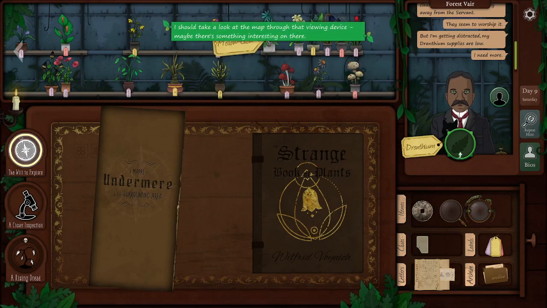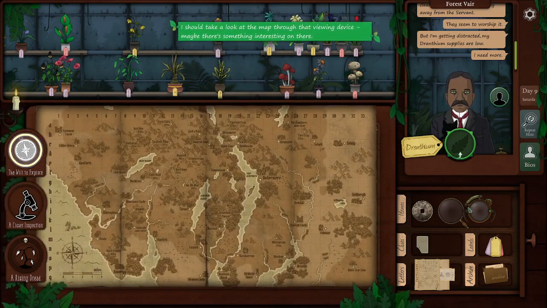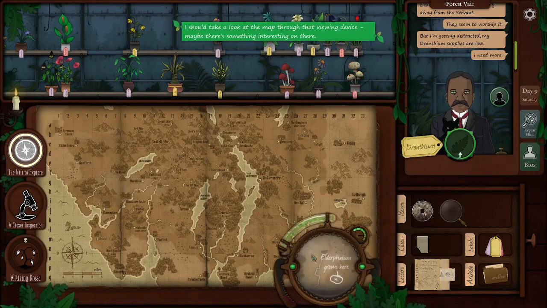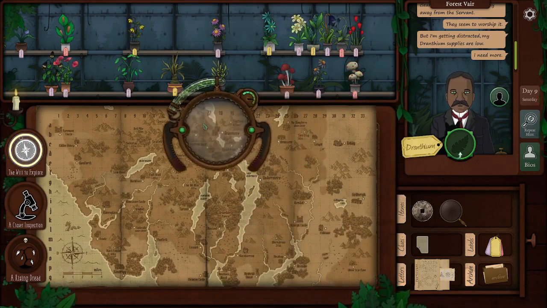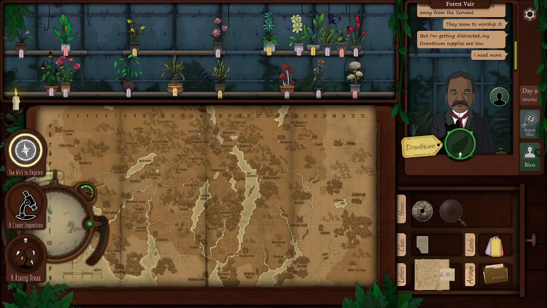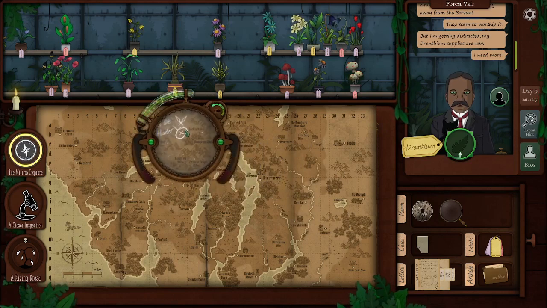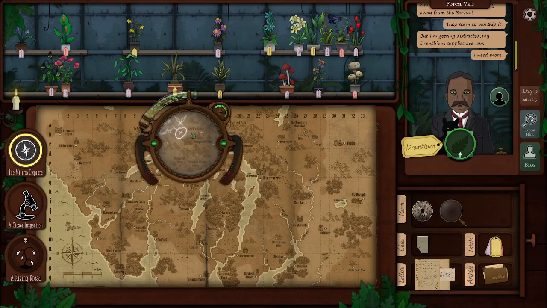I should take a look at the map through the viewing device. Maybe there's something interesting on there. I've been trying to avoid using hints as much as possible. I have Elder Finium, Tomb of the Hunter, and the Great Oak. Okay, I haven't gone to these two places. The Tomb of the Hunter